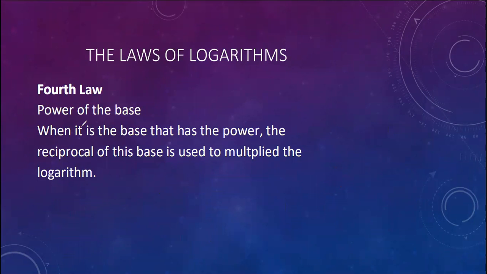So the fourth law, which is the power of the base, says that when it is the base that has the power, the reciprocal of this base is used to multiply the logarithm. Don't forget the power law says that we use the power of the log to multiply the log. That is the third law, and we have done that. You have considered examples on how to apply the law. But here the fourth law, which is the power of the base, says that when it's the base that has the power, the reciprocal of this base is used to multiply the base,